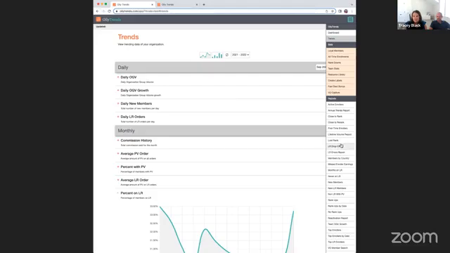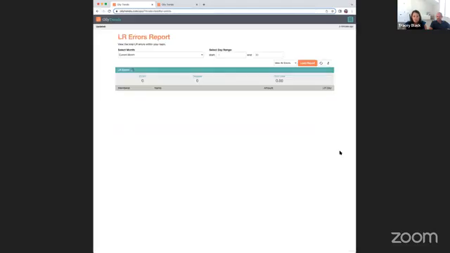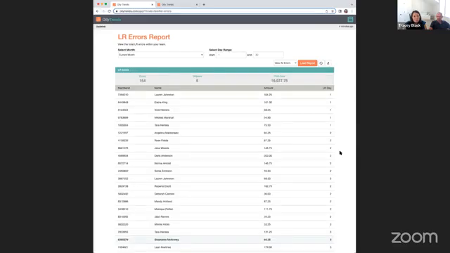You'll see here, we've got loyalty rewards errors. This is one report that you can get right from the virtual office. But what I like about the report in Oily Trends is you can see the loss. That's really great to understand, okay, if I can recapture at least half of them or three quarters of them, this is the OGB that I can recapture for the month.